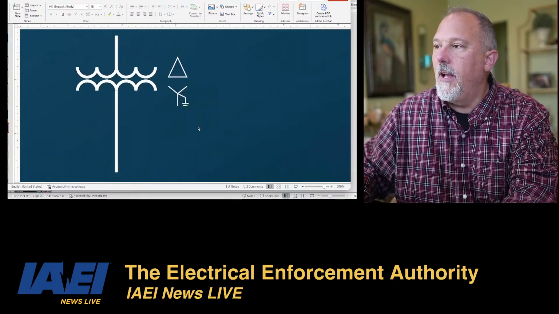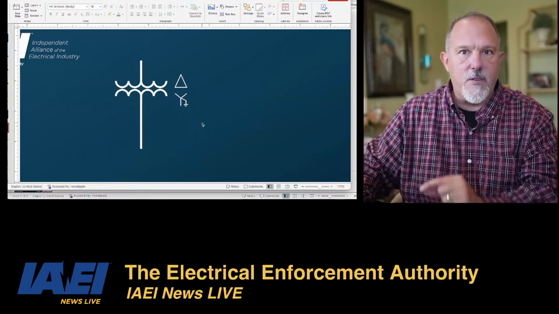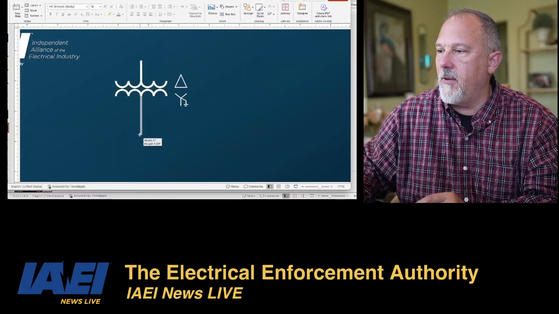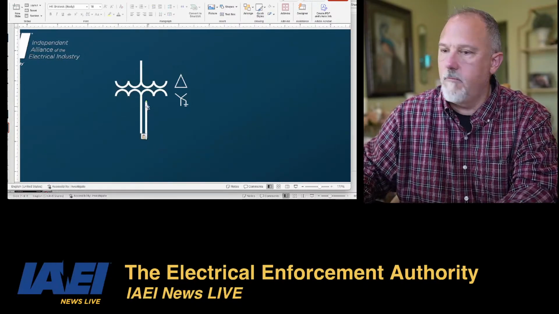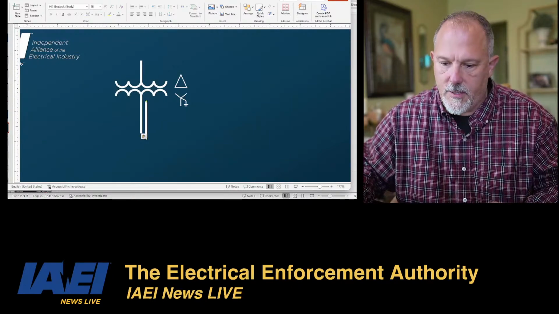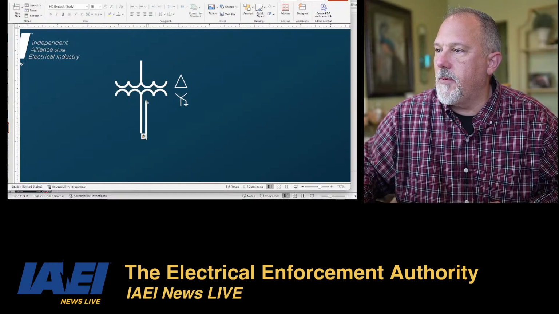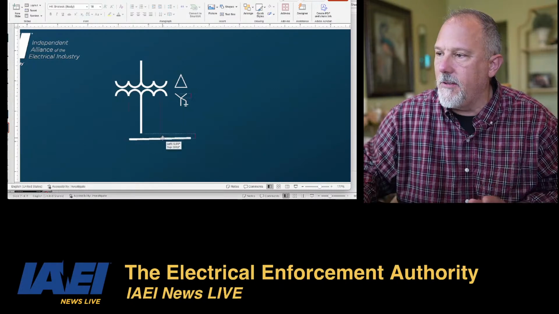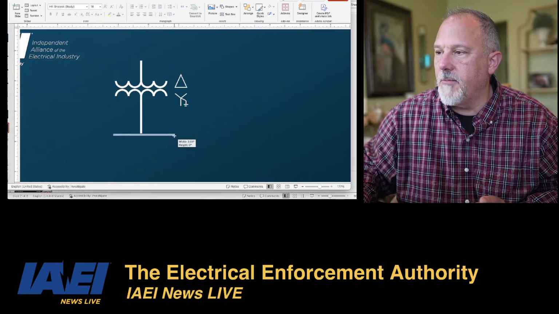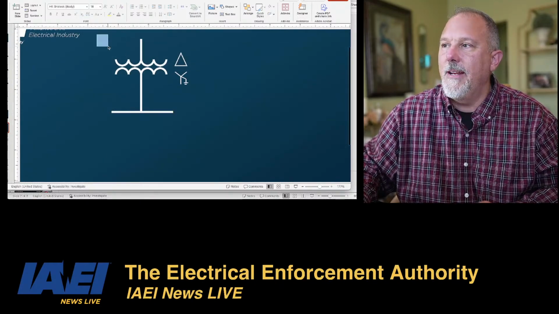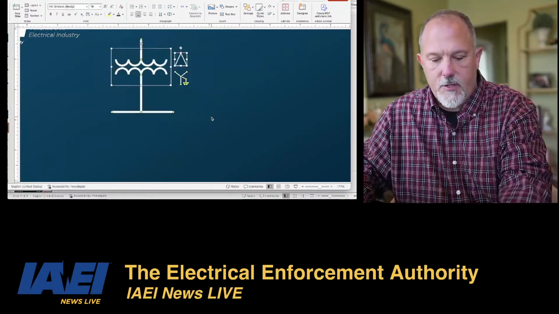All right, so I have a delta Y ground transformer. Now I'll probably supply a panel board. Am I even showing anything? Yeah. All right, so I supply a transformer. I supply a panel board. I'll have a breaker. I'm not going to show the breaker because I'm just going to do single lines, because I'm just demonstrating something.